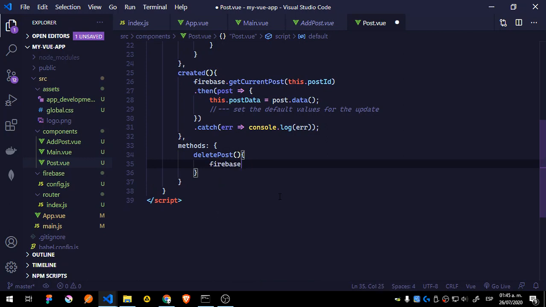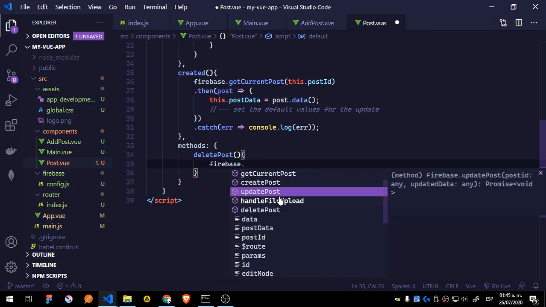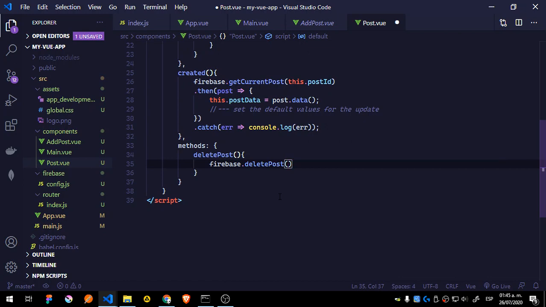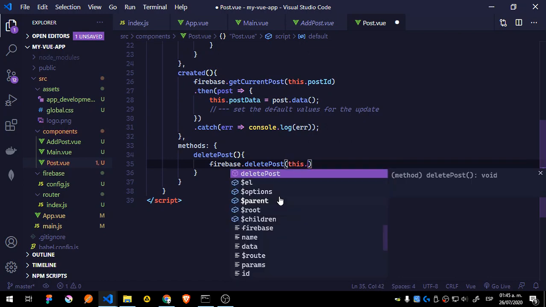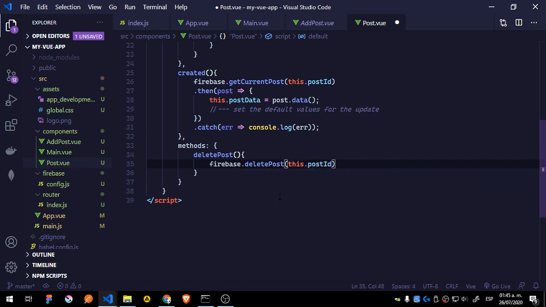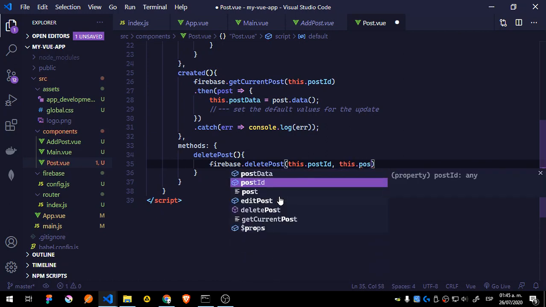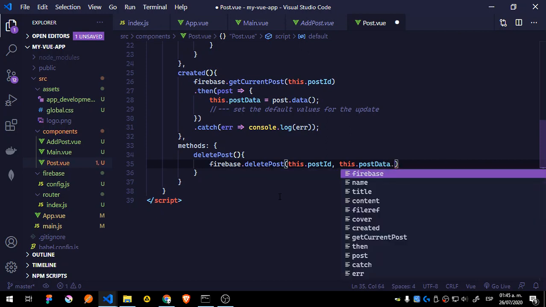So we're going to say Firebase dot delete post. For this we're going to use this.postID, and remember that in order to delete we need to pass the reference of the file. So we're going to say this.postData.fileRef,